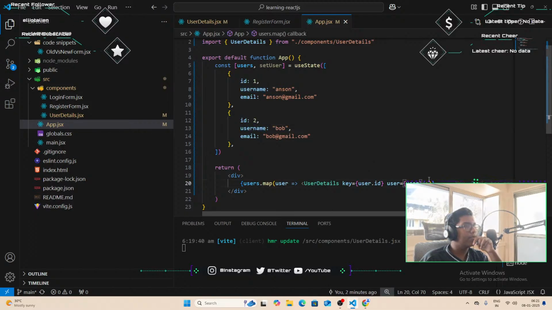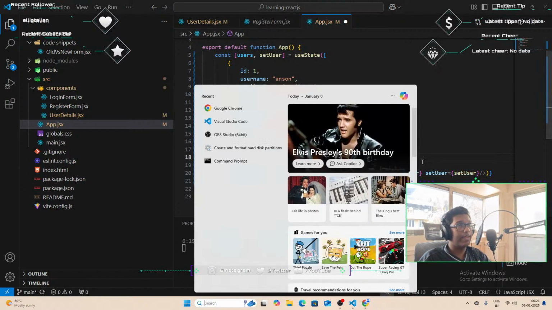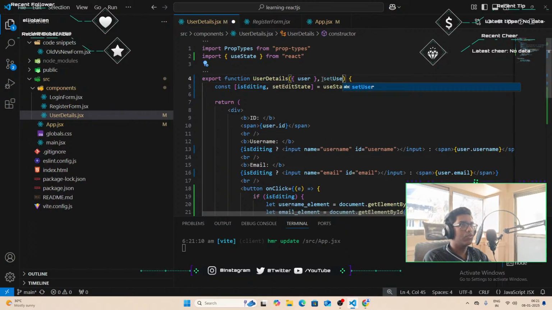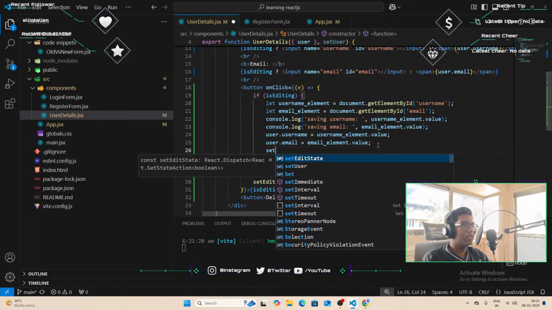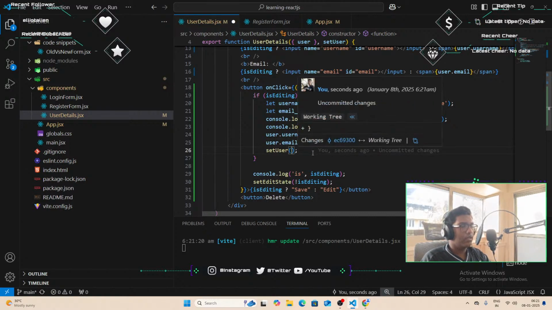I guess we can just pass in the function here, right? So we can do set user. We can just pass that in there, right? Go here. We restructure the user, yes. But can we also define set user and then we can call set user and then